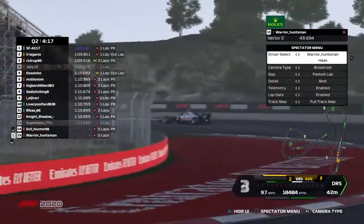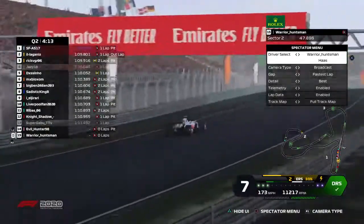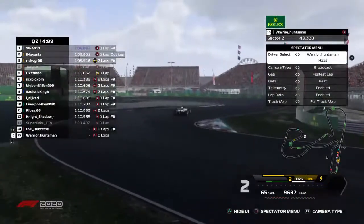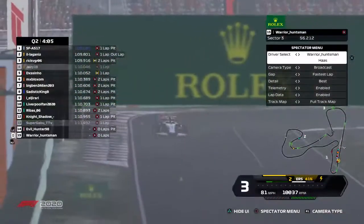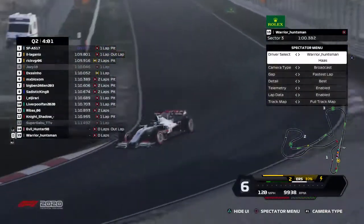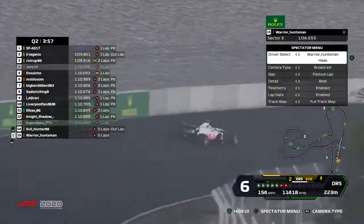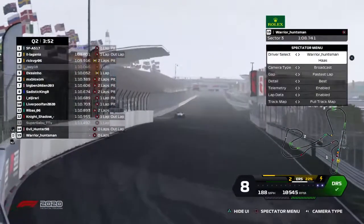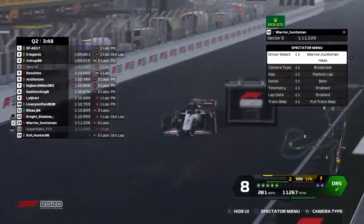Now through to 11. And he'll open up the DRS on the exit. Does well to hold the back end together. On the run down towards the chicane of 12 and 13. Slightly wide of the first apex. That's going to compromise his run through the second part of the chicane, which will cost him a little bit of time. Also has to lose a bit of time in trying to hold the back end together. As now around the final couple of corners, the last sector probably hasn't been exactly what he wanted, but it's been a decent lap overall by the looks of it from Rory towards the line, but only P13